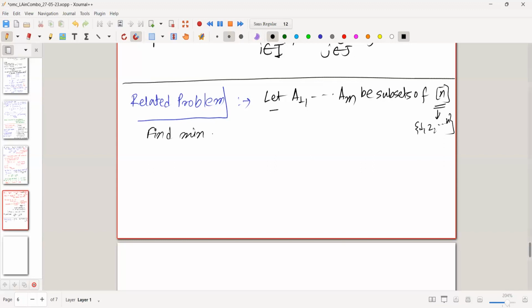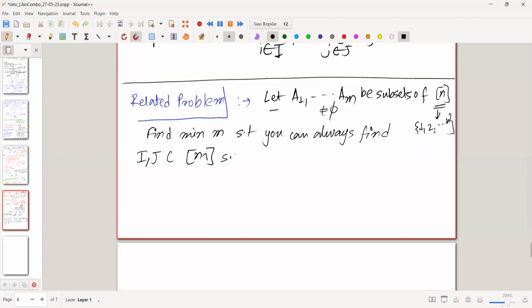Find the minimum m such that you can always find I, J subsets of m such that I and J are non-empty and disjoint,